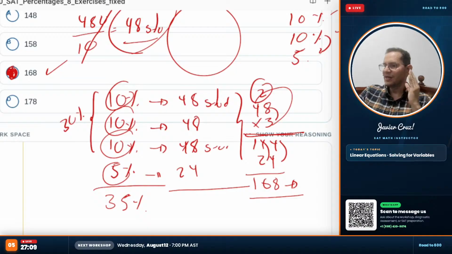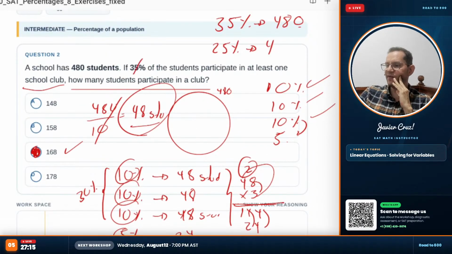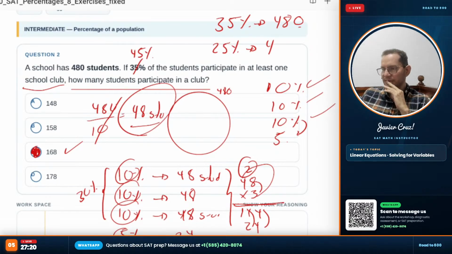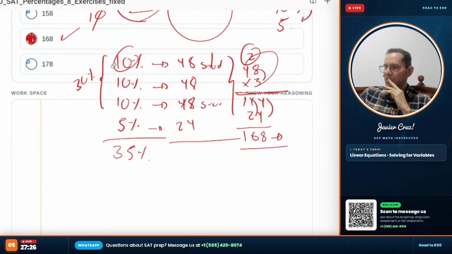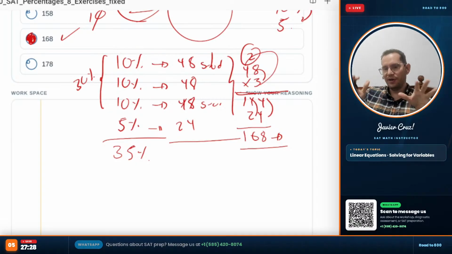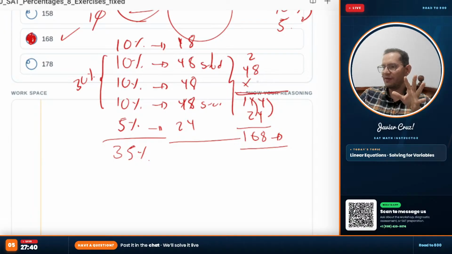Okay. So what if we need to find the 45%? What would be the method now? So that's pretty easy too. Now, we don't need to multiply the 10% by 3, which completes 30. So we need to add one more 10%, one more 84. So then we need to multiply the 84 not by 3, but by 4, right? So the value will be different, right? Okay,